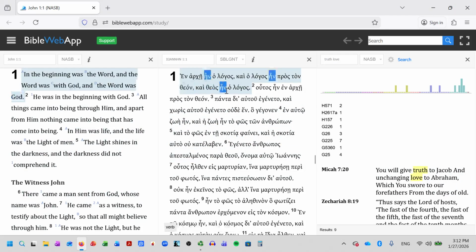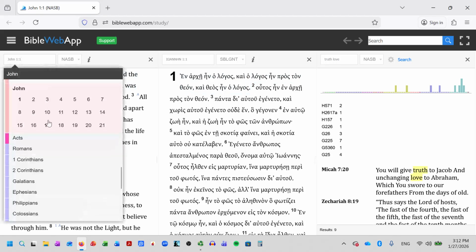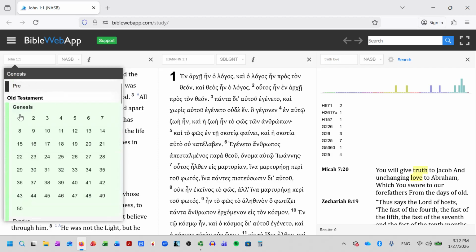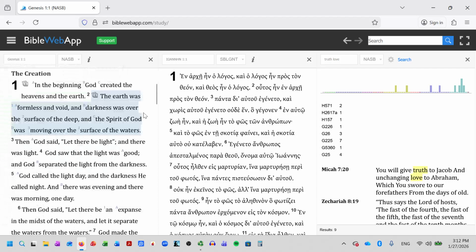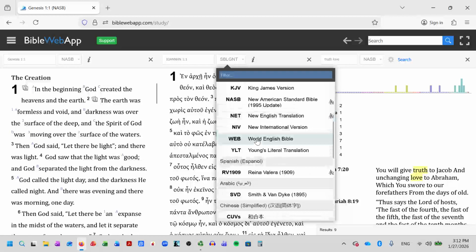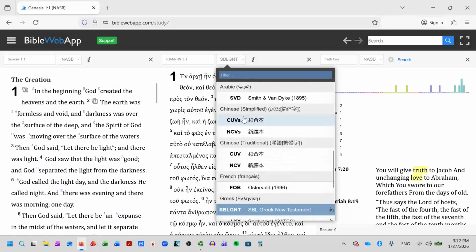If you want to switch to the Old Testament, let's leave it on the NASB for now, and you can click on an Old Testament text. Let's go to Genesis 1:1, a pretty well-known passage. And then let's change this from the New Testament to the Hebrew Bible. So let's go down to